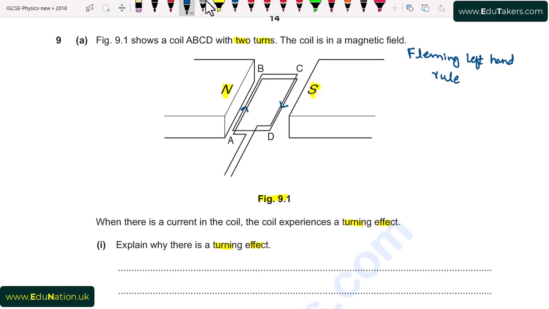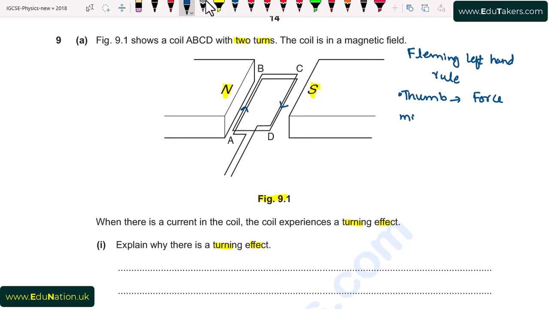According to this rule, if I arrange my left hand in such a way that the forefinger, middle finger and thumb are mutually perpendicular to each other, and I point my middle finger in the direction of current while the forefinger in the direction of magnetic field, then my thumb will indicate the direction of force. So I will write here, thumb will be in the direction of force